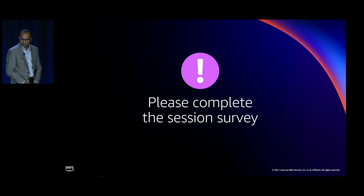Go ahead, please. So when we use S3, we have events that can trigger Lambdas as soon as an object has been dropped. So is there a similar kind of functionality with EFS as well, whenever a file has been changed or modified, where it can automatically trigger events? This is my first one, and the second one is, does it have any connection with Athena and all those services like S3 has? Got it. So I definitely got your second question about Athena. I will repeat that question too. Could you please tell me your first question one more time? Like whenever we drop an object on S3, S3 has the capability to trigger events so that it can